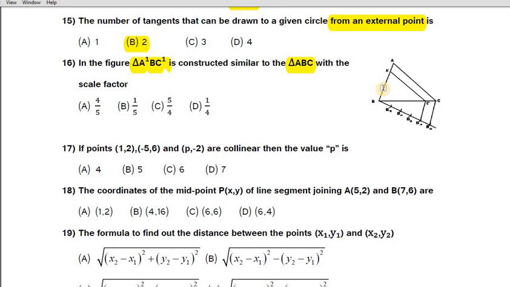Hence, in the ratio the numerator value should be the smaller one. Children, I repeat again, whenever the required triangle is smaller than the actual triangle, in that case the numerator value will be smaller than the denominator. Hence here see the options in which the numerator is smaller. In the first option the numerator is smaller, in B also smaller, C is obviously wrong because the numerator is greater, and D also has a smaller numerator. Then among A, B, D, which one will you select?